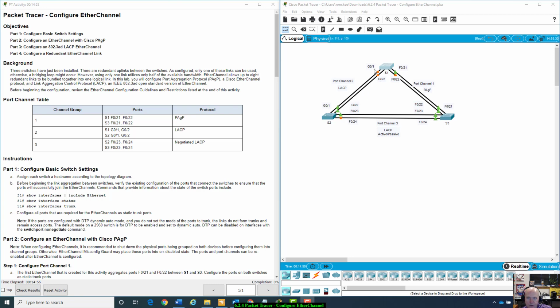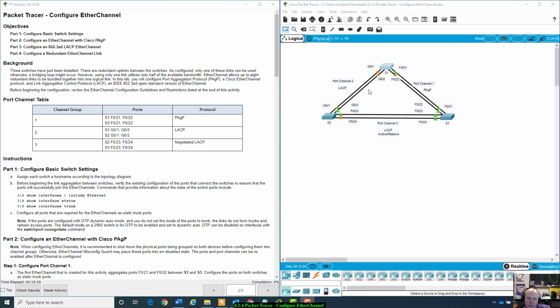But looking up here, we have three EtherChannel channels, I guess. One is PAGP, which is EtherChannel that is Cisco proprietary. They're run on these two links. LACP, which is a protocol that's open source, is going to run on these two cables, and then finally down here we'll have a LACP